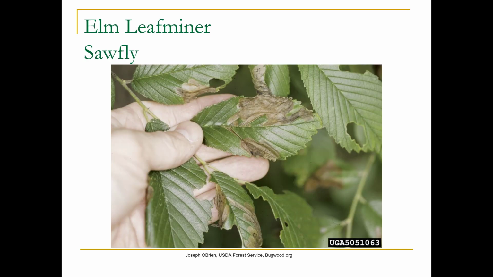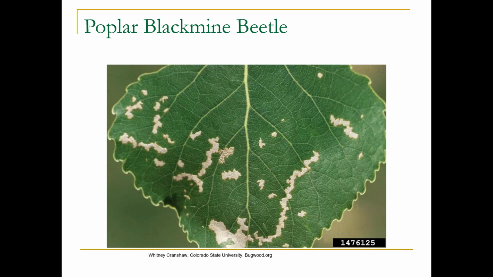This is a leaf miner that's out there right now, madrone leaf miner, and it's caused by a moth. Here's another thing. I mentioned sawflies earlier. There's one that chews on the leaves, but this is a leaf miner sawfly, and they will be coming out anytime. You're going to see them on Camperdown elm. I just looked at one. It wasn't there yet. Usually in our class we get to see the adults laying eggs on the leaves and then come back later. They're not there yet, but they will be soon, so keep your eyes open. Almost every Camperdown elm is going to end up looking like this. And here's a poplar black mine beetle, so it's another type of insect that causes mines.